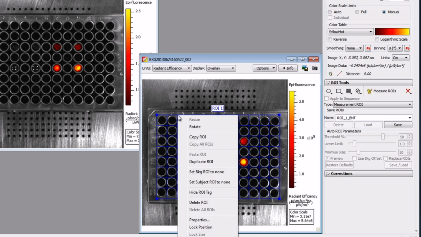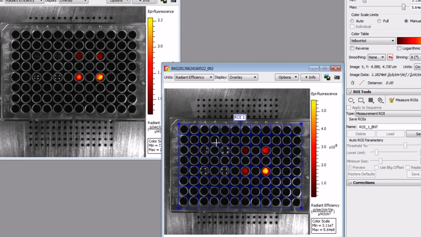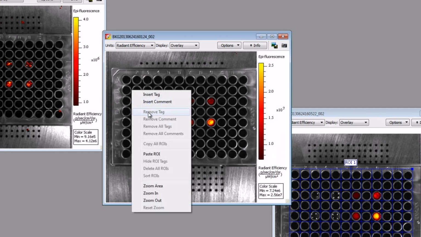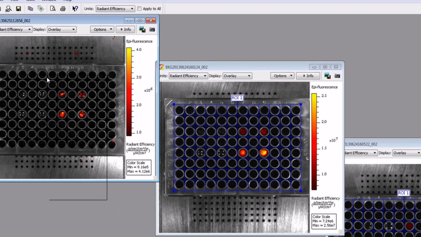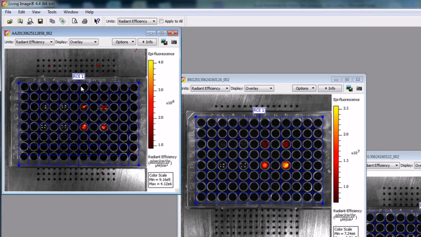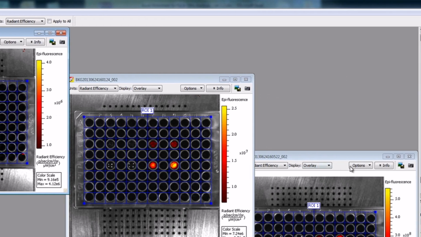In this case, I will right-click on the ROI and select Copy ROI from the menu. In the new images, I will right-click and select Paste ROI. If the well plate is slightly crooked, you can right-click on the perimeter of the ROI and select Rotate to adjust the ROI. Then with the grid ROIs drawn and properly placed, click on the Measure ROIs button in the